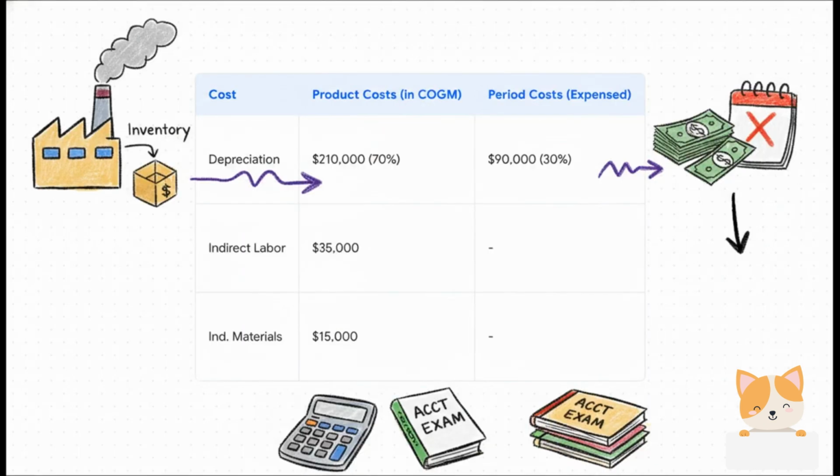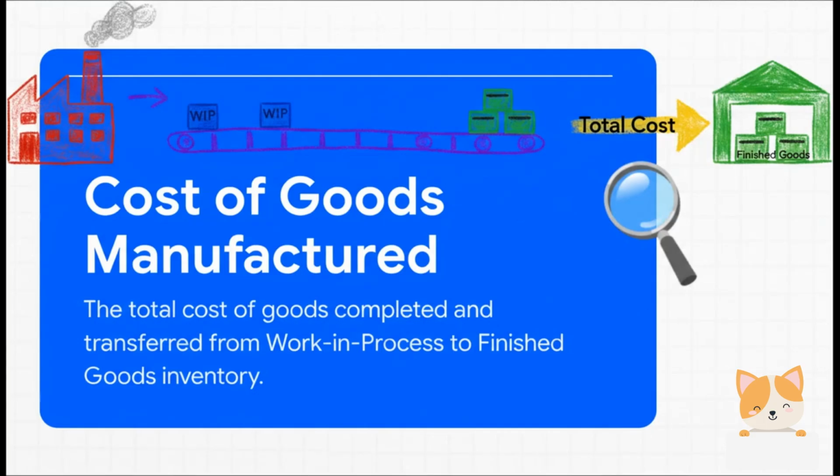And here's the key idea. We have to split that depreciation cost. Only the costs that are related to production, the factory itself, are what we call product costs. Those are the costs that become part of our inventory. So 70% of that depreciation, $210,000, is a product cost. The other 30%, maybe for the sales office or administrative building, that's a period cost. That gets expensed immediately, and it never even touches our cost of goods manufactured schedule,